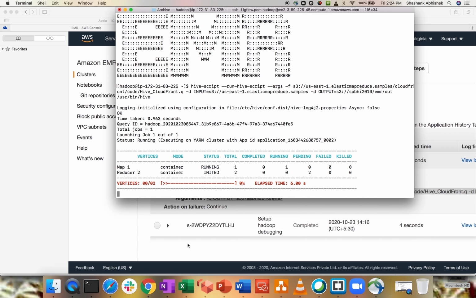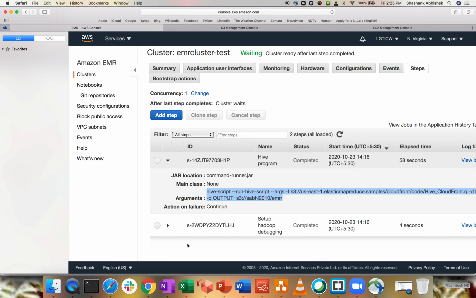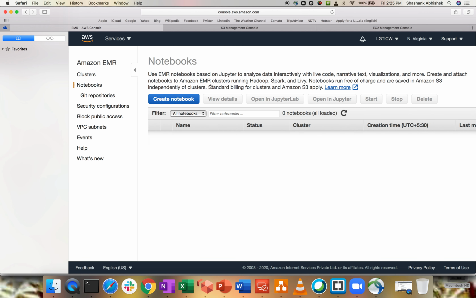Before this gets completed, let me show you a few different options we have in EMR. We have something called Notebook. This is related to Jupyter Notebook, which is trending a lot nowadays. I'm going to create another video on how you can deploy a Jupyter Notebook with an EMR cluster, because that will be very beneficial for everybody, as it is something trending within the market.